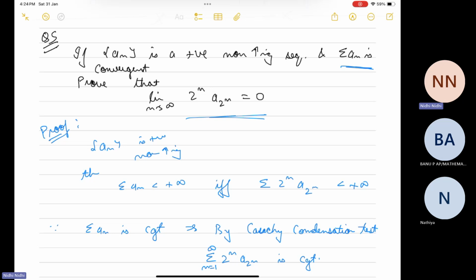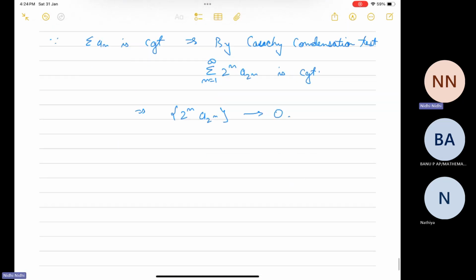How we used the Cauchy condensation test. So mainly, yeah, we use the Cauchy condensation test and the fact that the sequence corresponding to the convergent series converges to 0. Okay. Next, suppose we have a sequence a_n such that 0 less than or equal